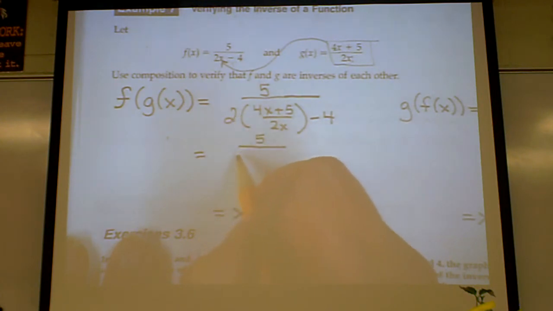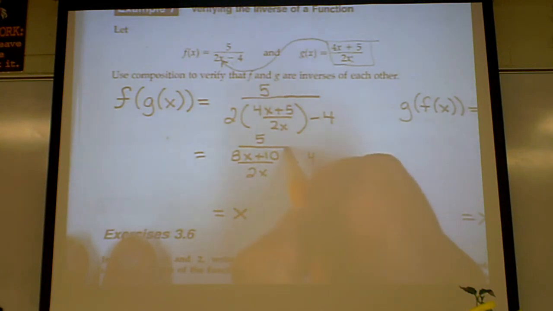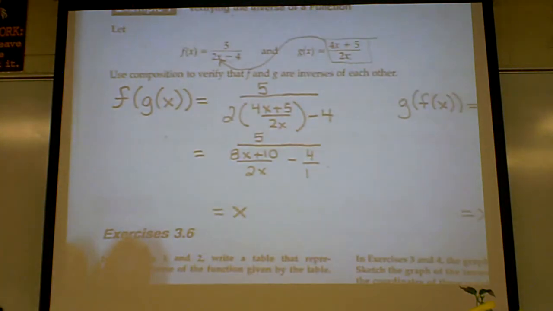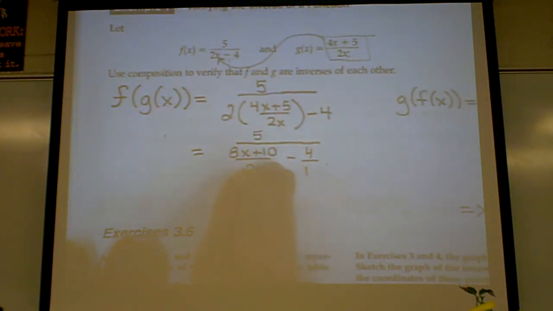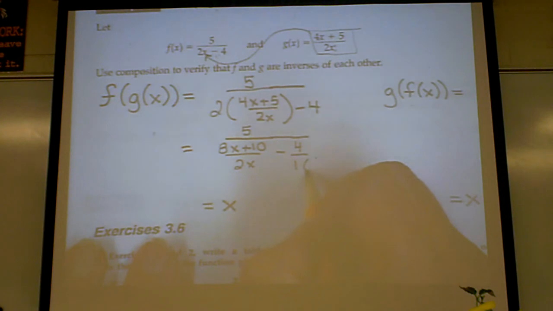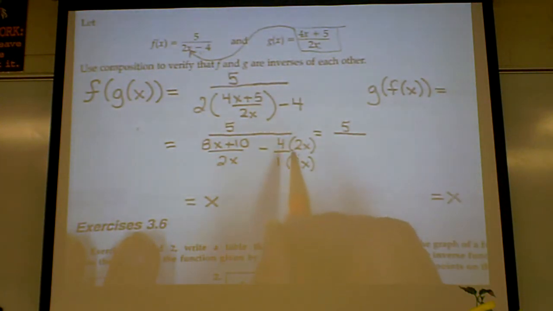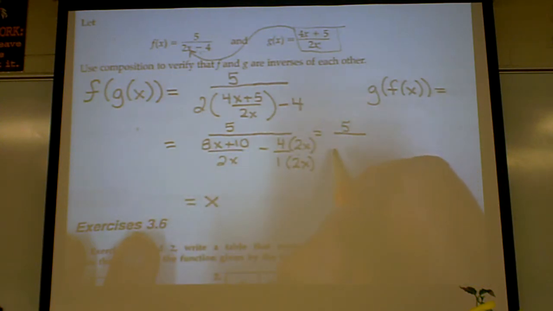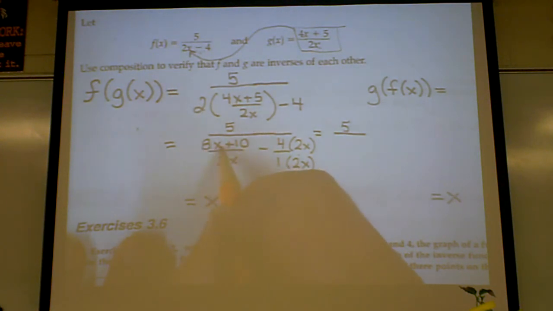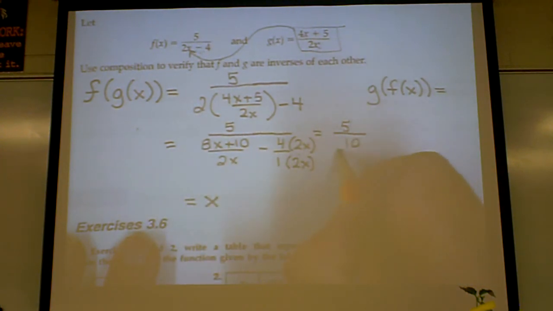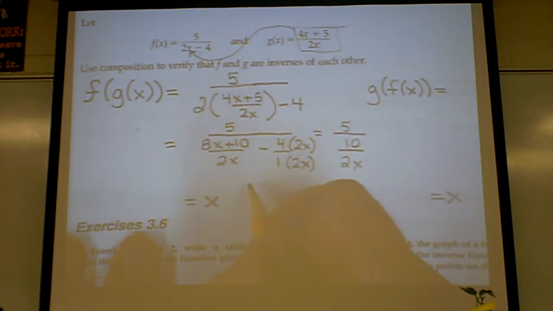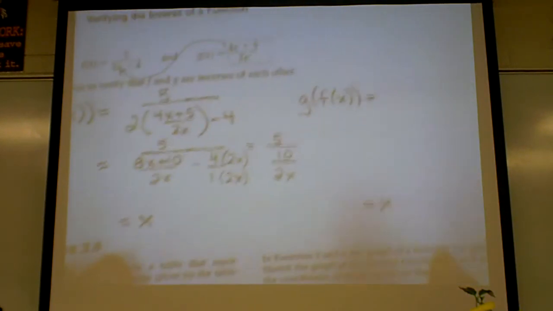So 2 times 4x is 8x plus 10 over 2x. Now remember, you have a minus 4 right here. Now what are you going to do? How do you combine these two fractions? You've got to find a common denominator. So I've got so far 5 over, can you do this in your head? What's 8x plus 10 minus 8x? It's going to be 10 over 2x. You're going to flip and multiply, and you're going to end up getting x. And now do this for this,